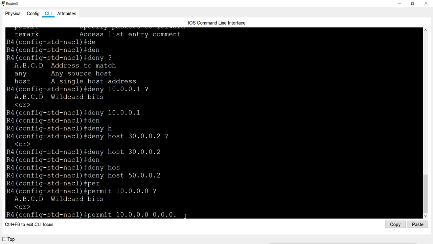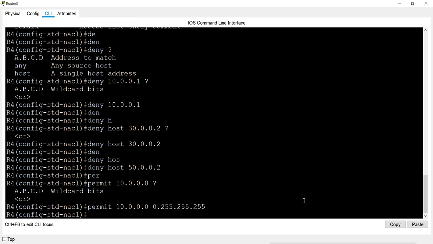Because it is a network, and this network is class A, I will give the class A wildcard. The subnet mask for class A is this default, so I will reverse it. Zeros will become 1 and ones will become 0, that means 255 will become 0 and 0 will become 255.